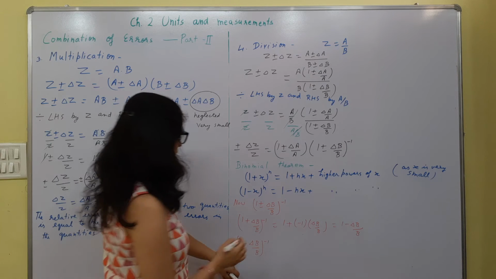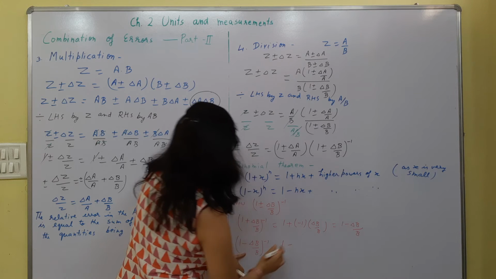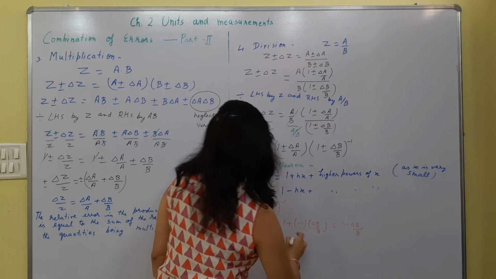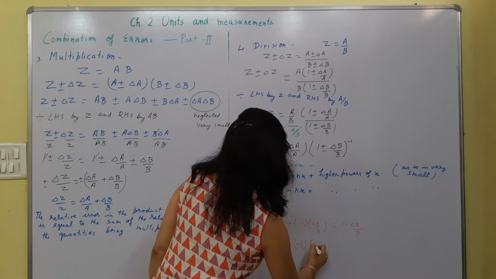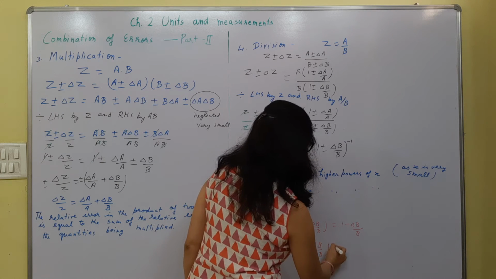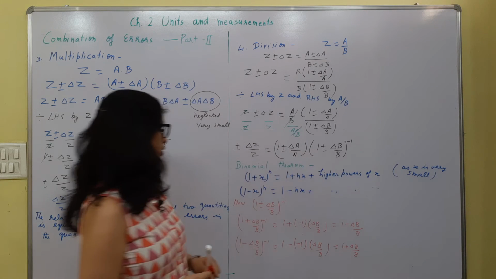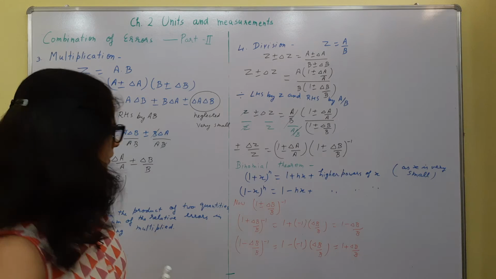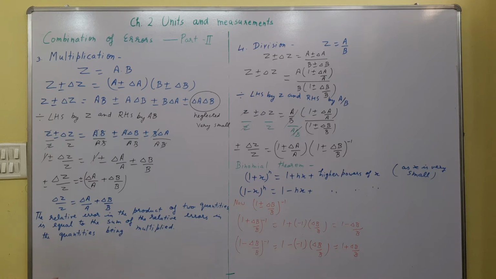Similarly, if I am talking about this, this will be 1 plus Δb/b. So if I combine these two, I'll have to rub the board to complete this. So you can take a screenshot for this, and then I'll write the further part on the left side of the board.